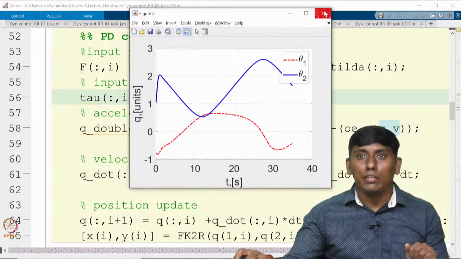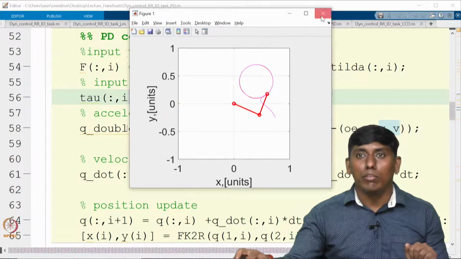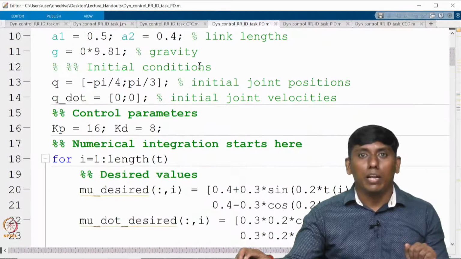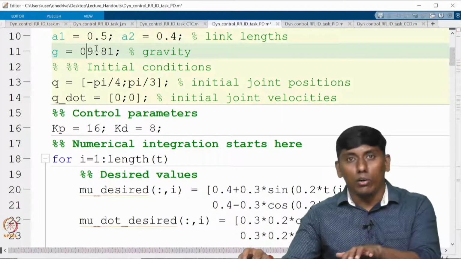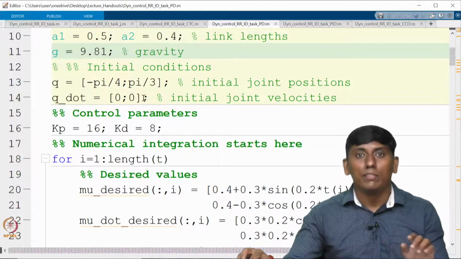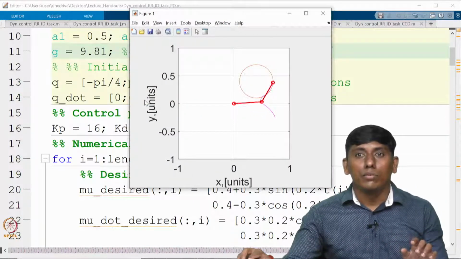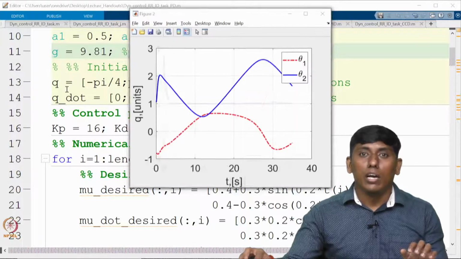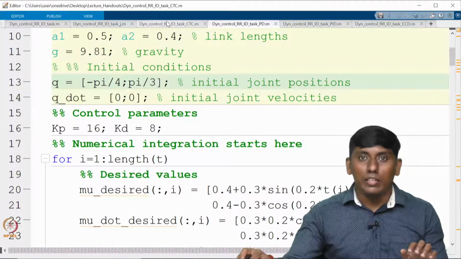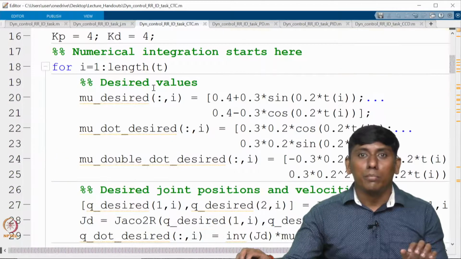Now if I include the gravity, we can try to see what will happen, whether this gravity is compensated here or not, that we can see. So you can see it thus. So you can find it, right. Now the same way you can see here the computed torque control.